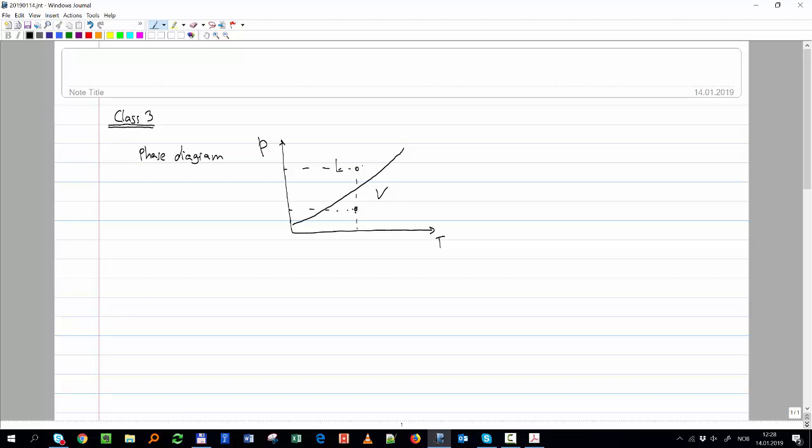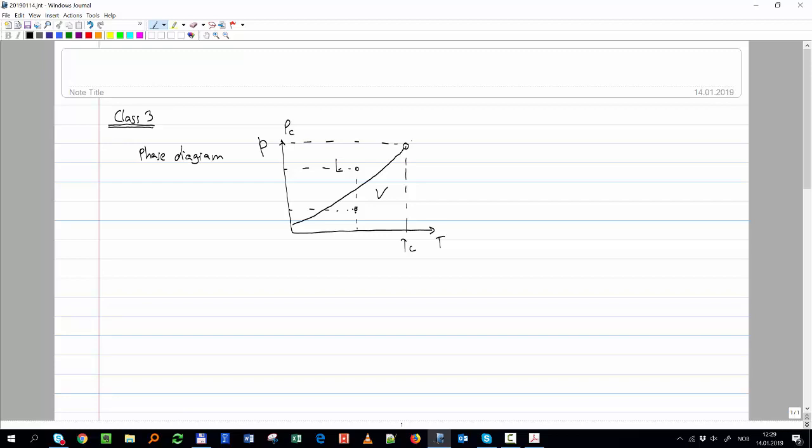However, that line doesn't extend forever; I reach a point that is called the critical point, where I have a TC and a PC,